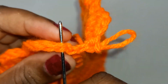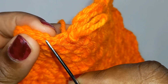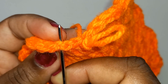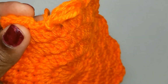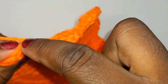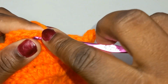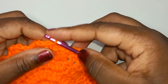So let's slip stitch in this single crochet here, right? This is the first chain we did, and this is our single crochet. So we are going to slip stitch into that single crochet. Right, okay, that was a little bit loose, so we're going to single crochet into that. We're going to slip stitch to close up the round into that single crochet,